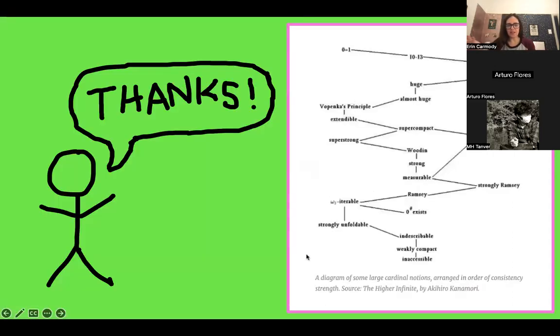Okay, so that's it. And the last thing is some more visualizing. This is from The Higher Infinite by Kanamori. These are just some more large cardinals in case anyone hasn't seen some of these names before. And here's inaccessible and worldly's below them. Woodin and super huge. This is the Ramsey cardinal. It's inconsistent, but